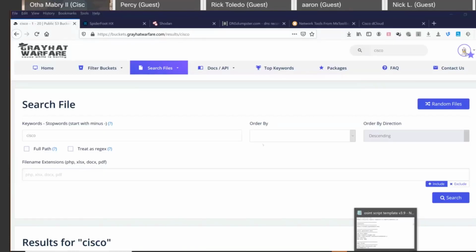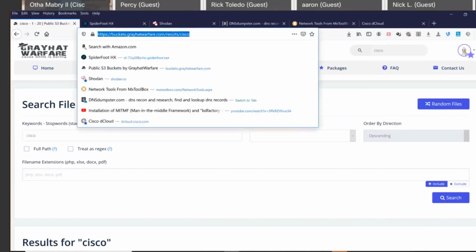All right, so I'm going to go over a couple of sites with you guys, because one of the things I want to do is share with you some of the things that I do from a threat intelligence perspective, right? So we're going to cover a few things and then call it a night. So the first thing I want to talk about is this site called Buckets Gray Hat